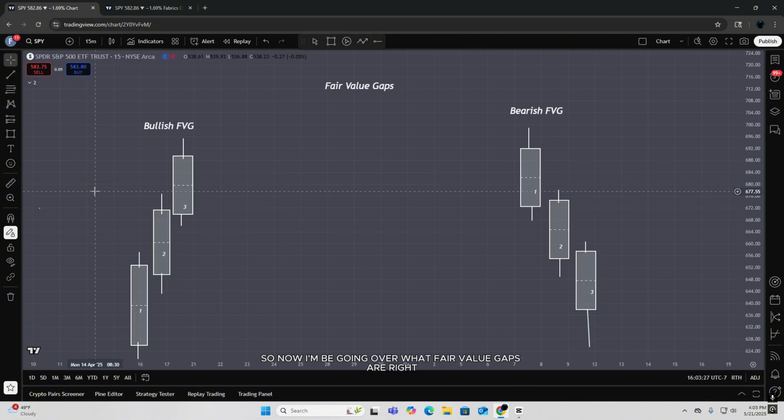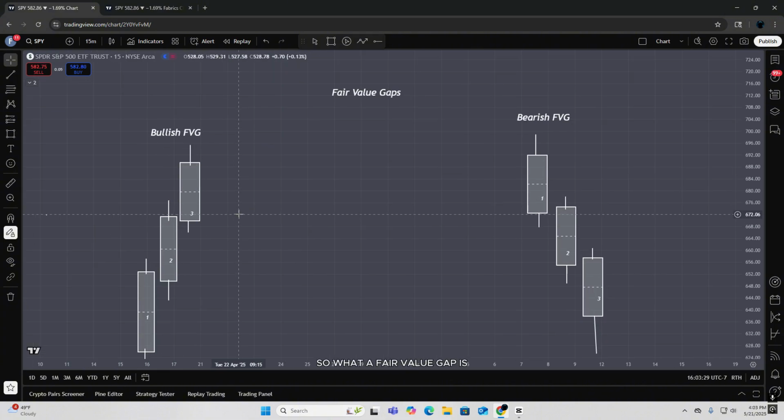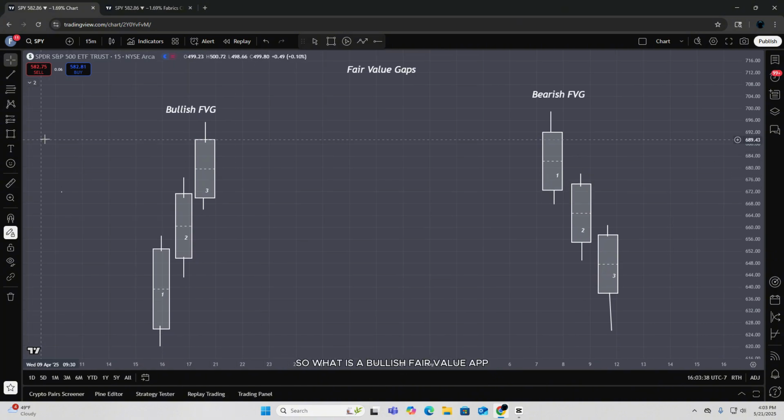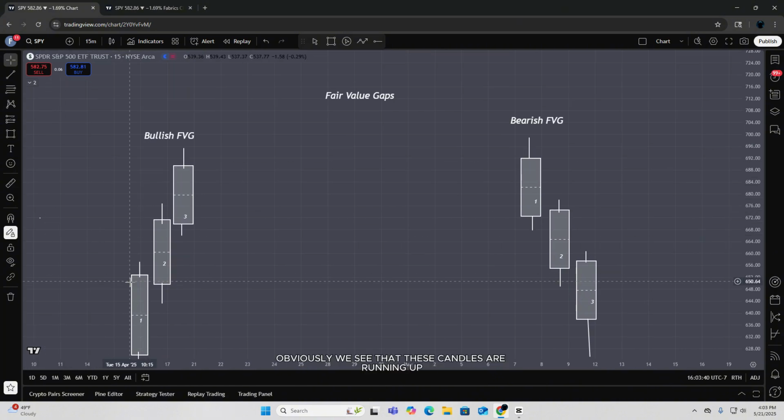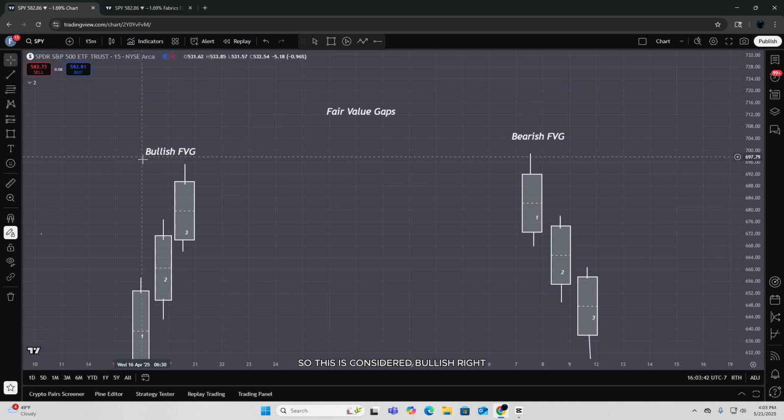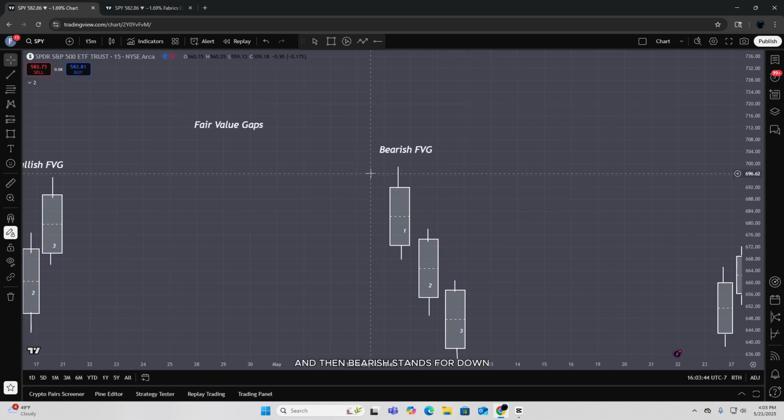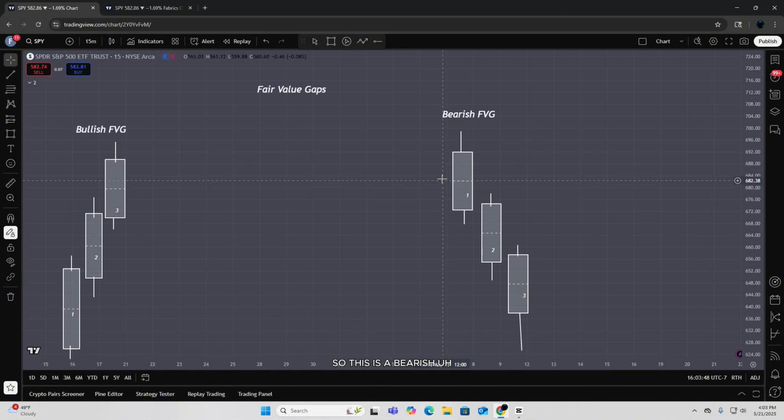All right, so now I'm going to be going over what fair value gaps are. A fair value gap is just an imbalance where price is going to retrace to, and then we're going to see some sort of reaction out of it. So what is a bullish fair value gap? We see that these candles are running up, so this is considered bullish. And then bearish stands for down, so right here we see these candles going down,